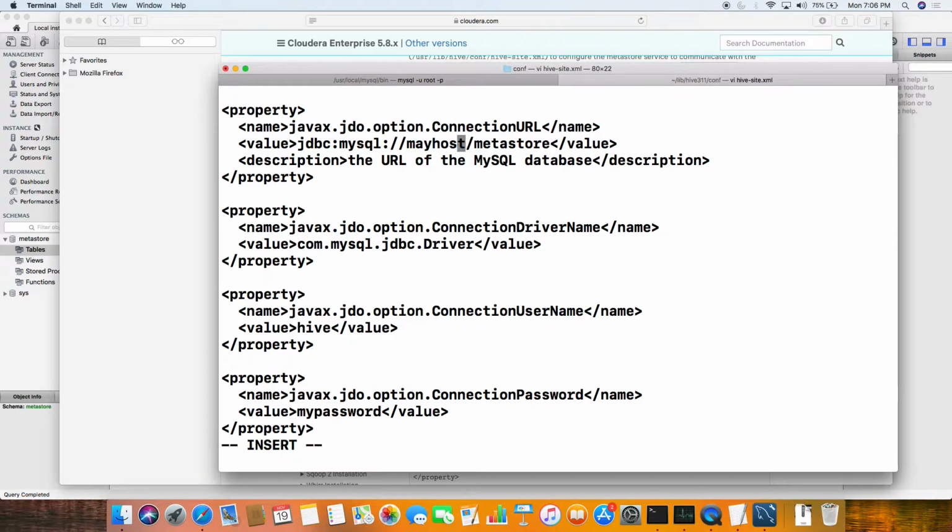I have to write what is my host name. Localhost. And what is my port? 3306. And what is the schema that we created? Metastore. And connection driver name, no change. Connection username. What is our username and password that we created? Root. And the password is